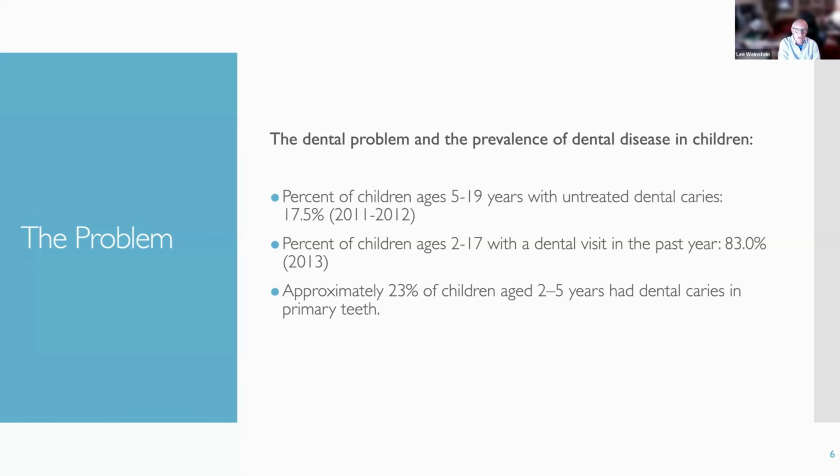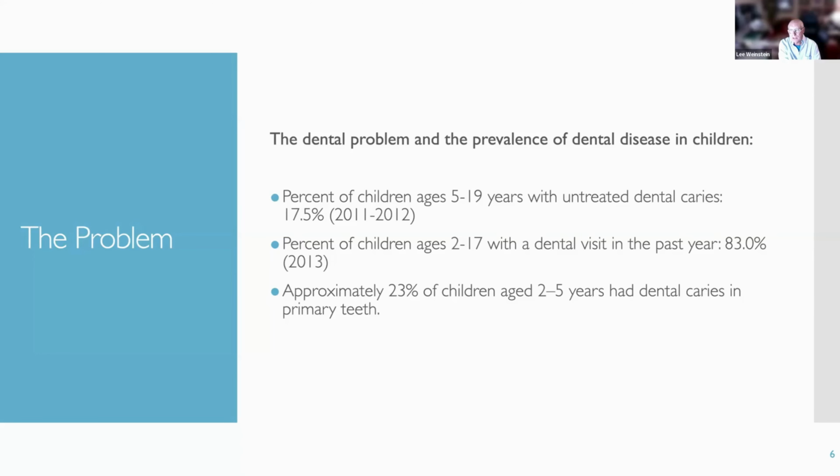Now, they're untreated for many reasons. 1, because of finances. 2, because of low dental IQ. 3, not having access to dental care. And there's numerous reasons that go on and on and on. The percentage of children between 2 to 17 with a dental visit in the past year in 2013, obviously, 11 years ago, but that's 83%. It has gone down. COVID has changed our ways of thinking dramatically, and more people over the last few years have resisted and have not gone to the dentist as they should, whether they're adults or whether they're children. So the prevalence of visits is less than 83%.